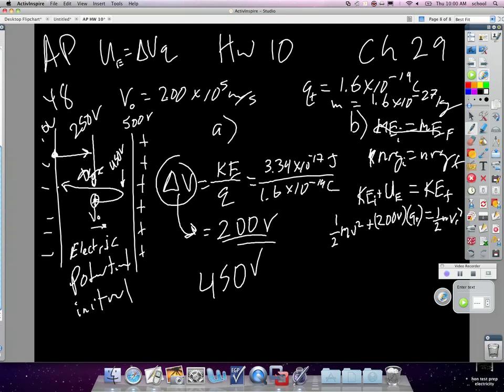Or 450 volts times Q plus equals 1/2 mv final. This is plus the 250 that it started off with. So if I use the original velocity kinetic energy plus the 250 where I started, then that's this. Or I could just say, go from 450 where I knew it was 2 and